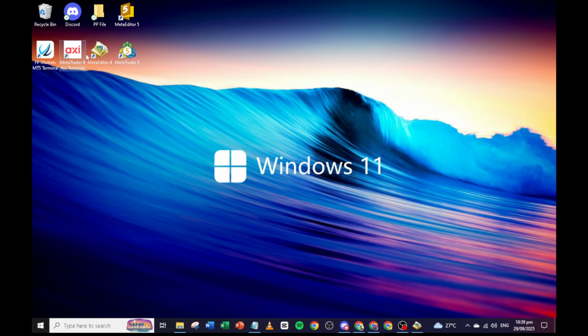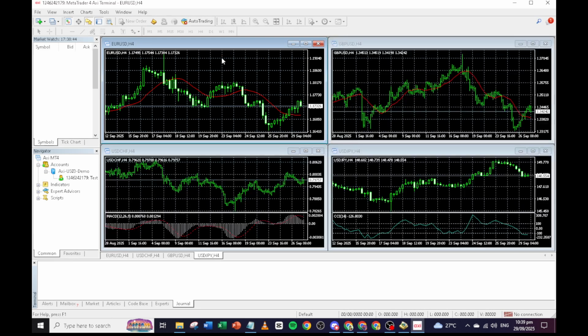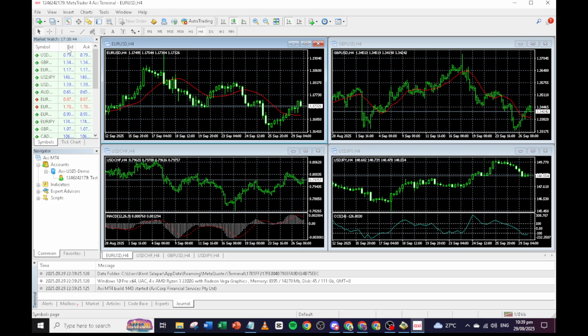If you haven't downloaded it yet, you can find it on many brokerage websites. Once the platform is up and running, you're ready to begin. Next, direct your attention to the Market Watch window, which is typically found on the left side of the screen. This window displays a list of currency pairs you can trade.